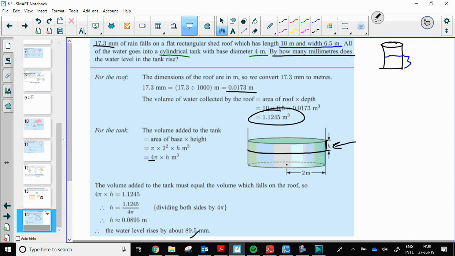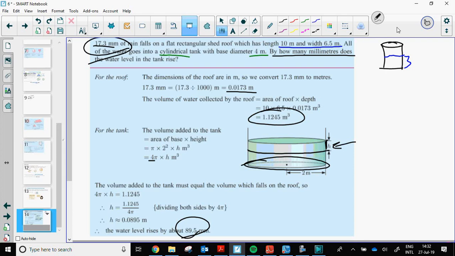And that number differs from the height of water we were given before because the area of that cylinder, the area of the opening of it, does not match the area of the roof itself. Had we left this cylindrical tank just out in the yard somewhere and let the rain fall into it, then the height it would have increased would have been 17.3 millimeters. However, the area of our circular tank was going to be 4 pi,